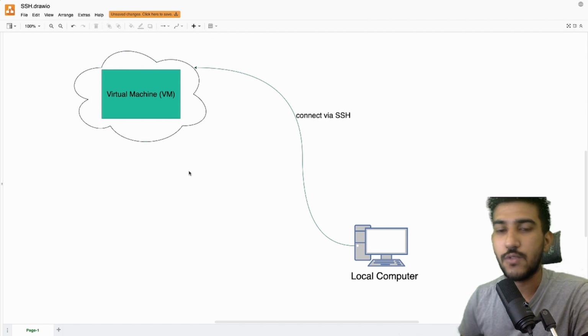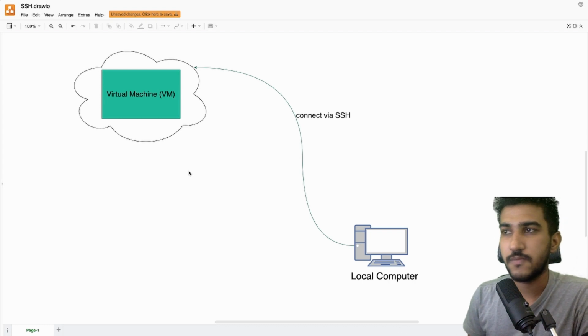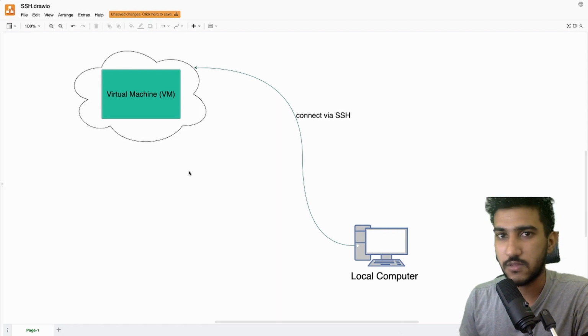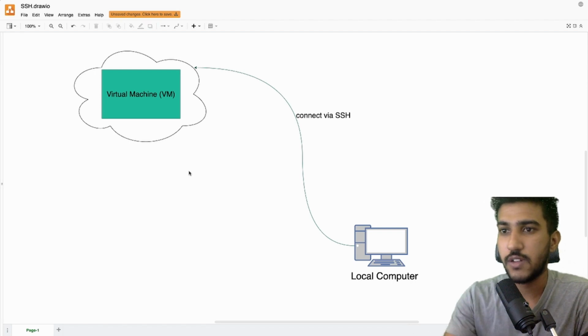If you have heard about AWS EC2 or DigitalOcean or Hostinger or something like that, those are some examples of what VMs are. For this video, I'll be using DigitalOcean. You can use any provider you like, because the process would be the same for any other provider. Even before creating a VM, we need to know the terms SSH uses. So let's dive into that.